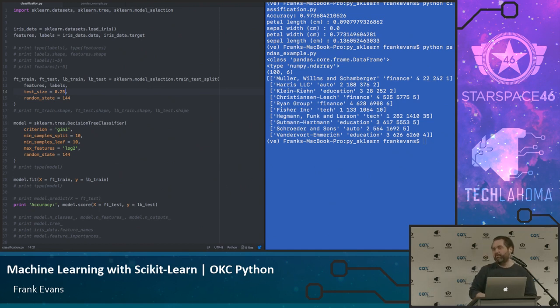What cross-validation will do, let's say you did it with 4 chunks like that. It will split it randomly into 4 chunks. And then it will say, okay, I'm going to learn from the first 3 and then try it on the fourth. Now I'm going to learn from 1, 2, and 4 and try it on the third. And it will try all the different combinations of those.